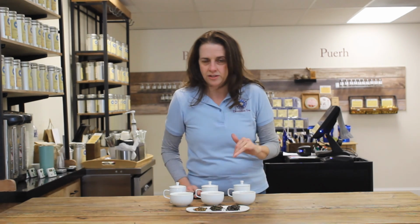Quite frankly, you can absolutely brew it as a black. You're going to pick up a lot more of the characteristic Darjeeling astringency. You're going to pick up a little bit more of the stone fruit on it versus the vegetal notes. But you can have a lot of fun brewing this at multiple temperatures and getting completely different cups of tea. So go out and explore and have a great